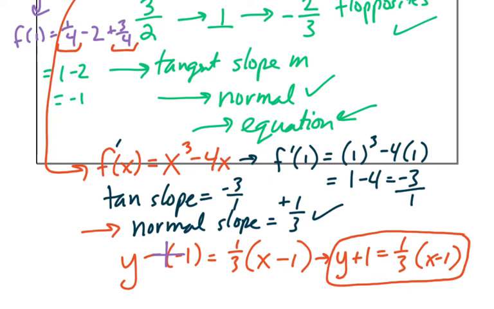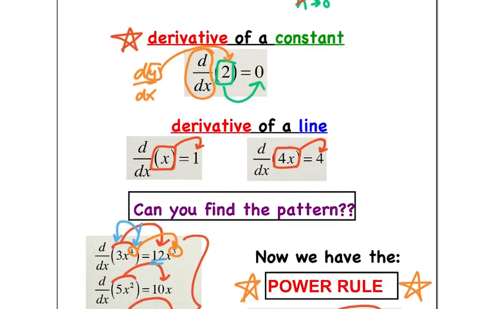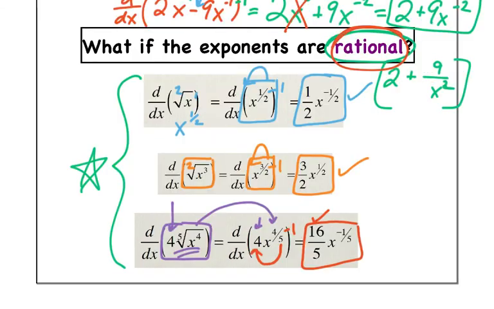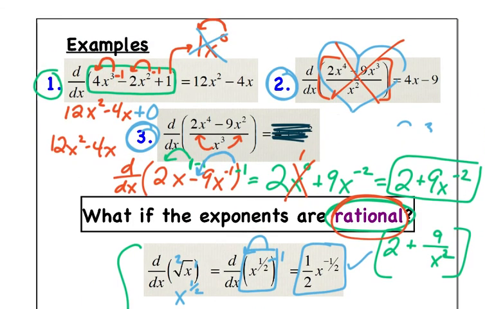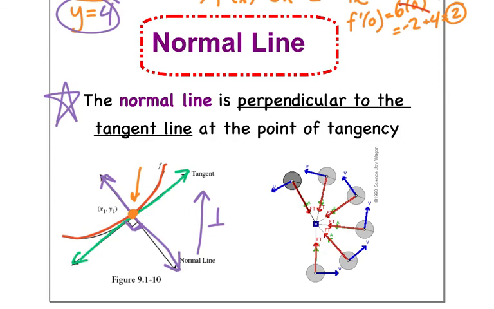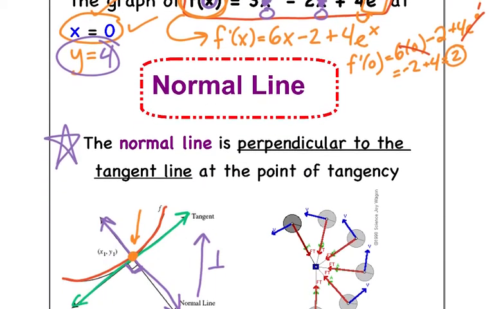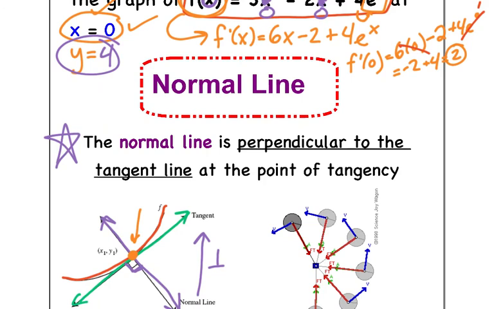So derivatives are so much easier now, friends, using the power rule. Isn't that great? So the power rule helps, again, if it's a polynomial. So if it's not, you have to change it. For example, if it's a quotient, like we had for number 2 and 3, you have to change it so it's a normal polynomial. If it's a type of radical or root, you have to change it using rational powers. And then please memorize the fact that the derivative of the exponential is just the exponential. Easiest derivative ever. And then we ended with the normal line, which is just the perpendicular to the tangent line. So think